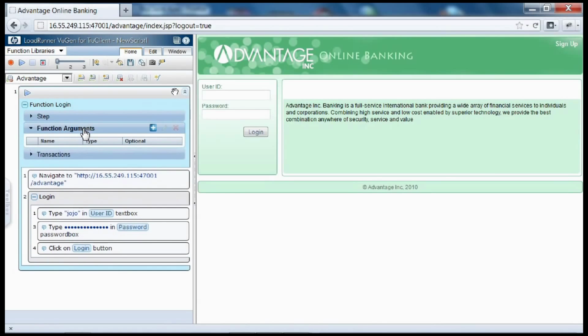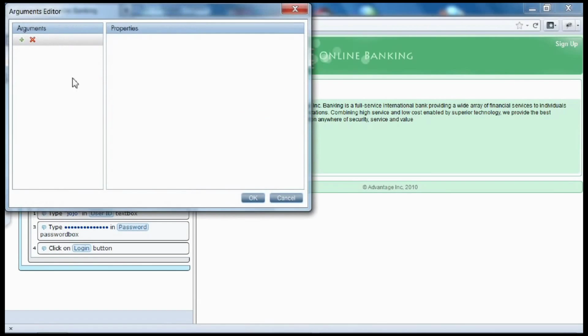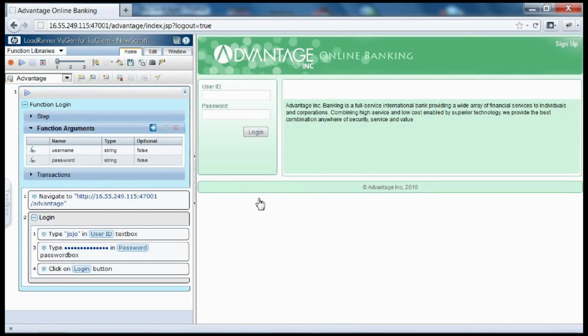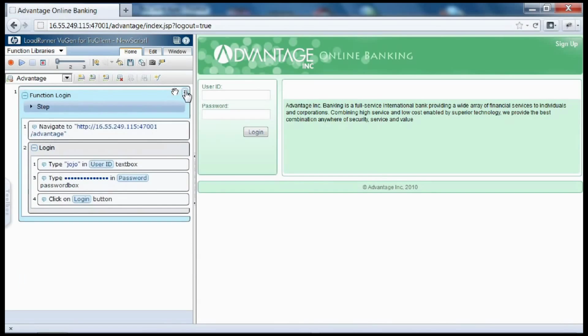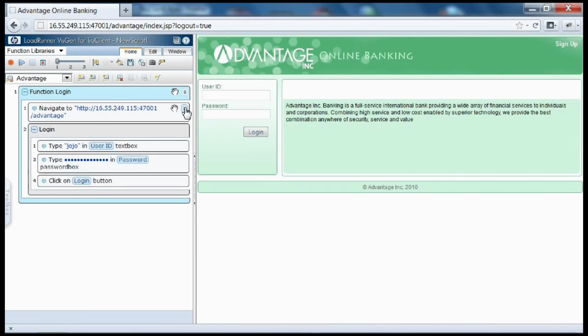Now let's edit the function and give it two arguments, username and password. And finally, we'll edit the function so it uses these arguments instead of the values we used during recording.